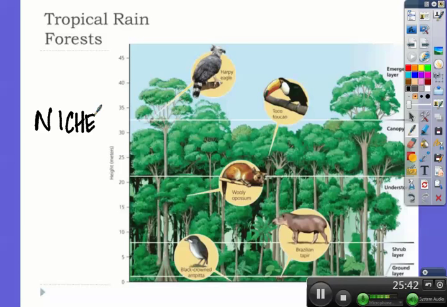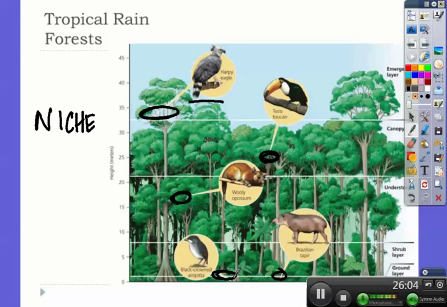Okay, so you have these eagles that specialize in this upper level canopy. Okay, you have the toucan, which specializes in this level. All right, this woolly opossum specializes here. Okay, you got the tapirs, and you have other birds that live on the forest floor. Okay, so they specialize in each one of these areas.